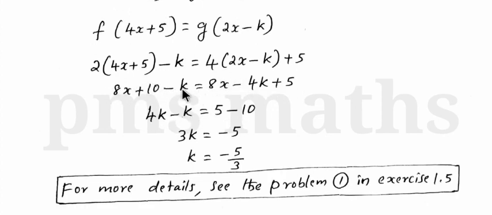Then write the balance. Here minus 4k can be taken to the left side, becomes plus 4k. Here minus k is there. Here 5 is there on the right side. Take this plus 10 to the right side, becomes minus 10. Then simplify. 4k minus k, 3k. Here 5 minus 10 is minus 5. Then find out the value of k. k is equal to, here into 3 becomes by 3 when it goes to the right side. Here minus 5 is there: minus 5 by 3. Therefore, in the second one, k is minus 5 by 3.